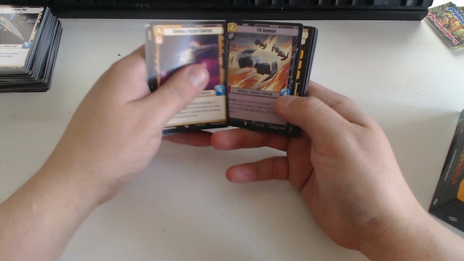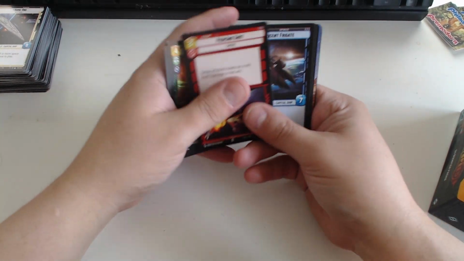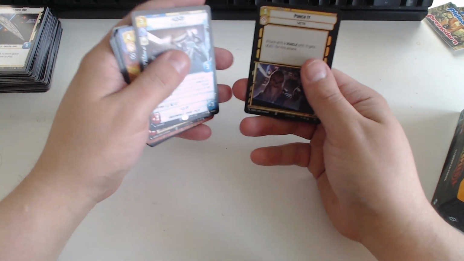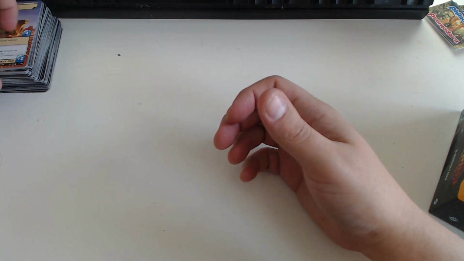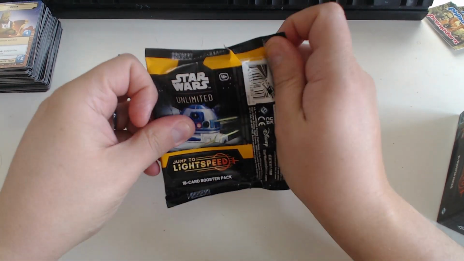There's another hyperspace base, which means hyperspace tokens. That's why I like hyperspace bases, for the tokens. I can see a hyperspace poking out here. Hyperspace Bosk, very nice. L3, very nice. Punch It, very nice. But very happy about that hyperspace Bosk. The fact that they're including the Spotlight deck unique cards in packs as cool versions is really